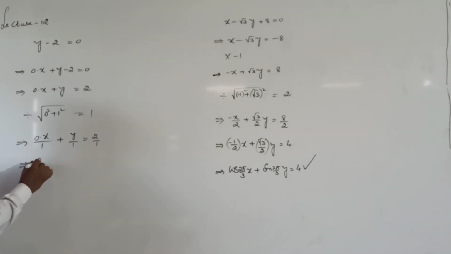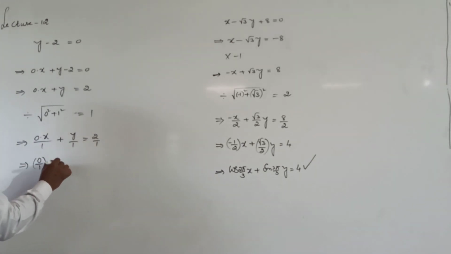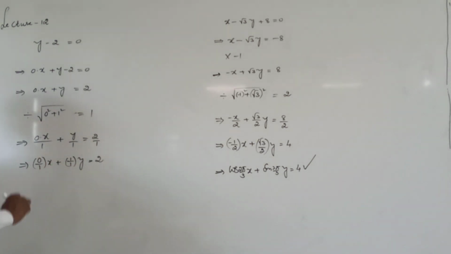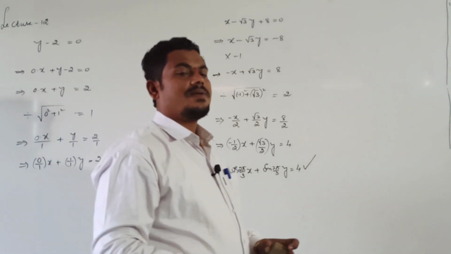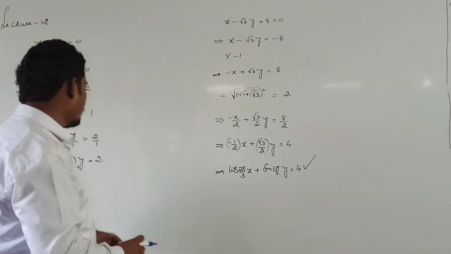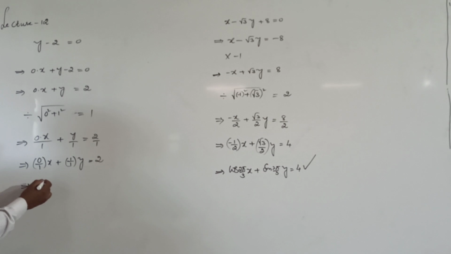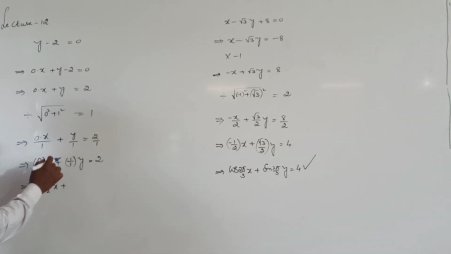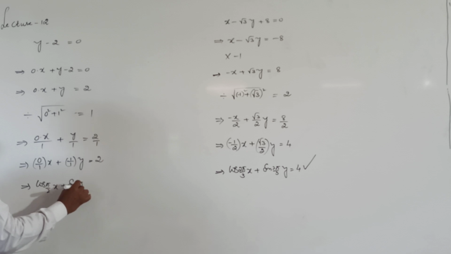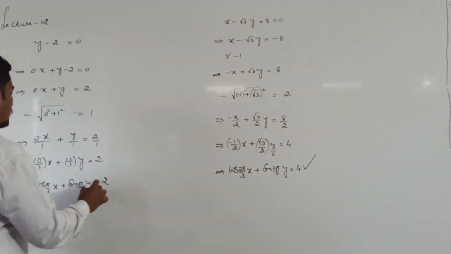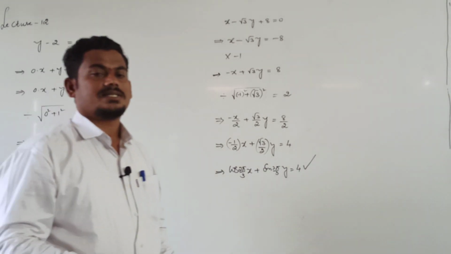Then it will be 0 divided by 1 into x plus 1 divided by 1 into y, that's equal to 2. For what angle is the cos value 0? For what value of theta is cos theta 0? When theta is 90, right? Replace 0 as cos 90, that is pi by 2 into x. Then replace 1 as some sine angle. Already we know sine pi by 2 is equal to 1. Sine pi by 2 into y is equal to 2. This is the normal form of the given equation, right?